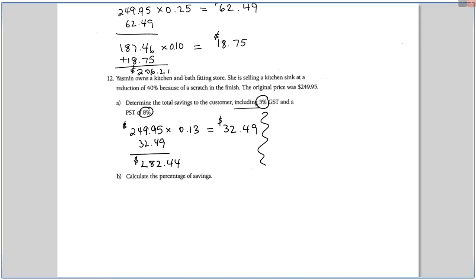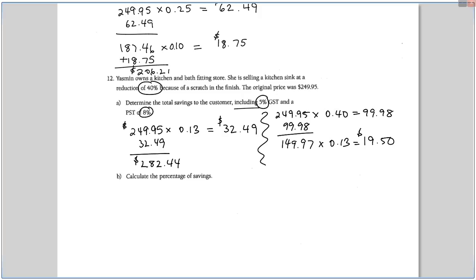Now what we have to do is the discounted price. So $249.95 times the 40% discount. So 249 times 0.4 is 99.98. So after the discount, you would pay $149.97. Don't forget about the 13% tax. So this $149.97 times 13% tax would be